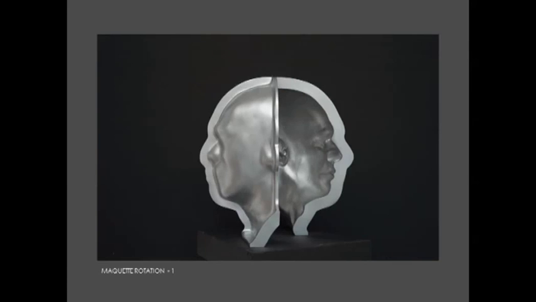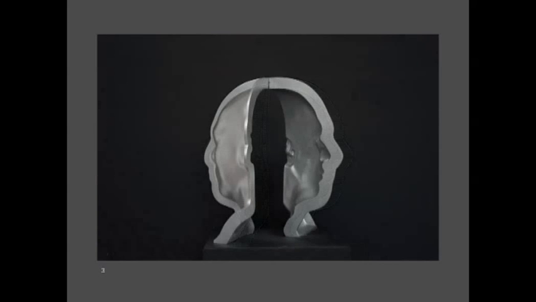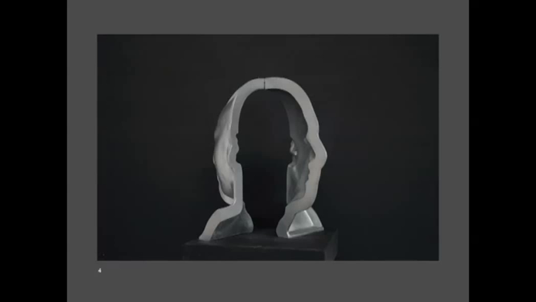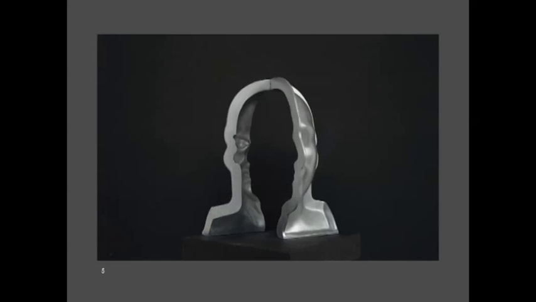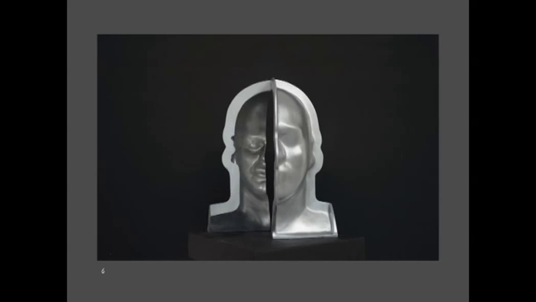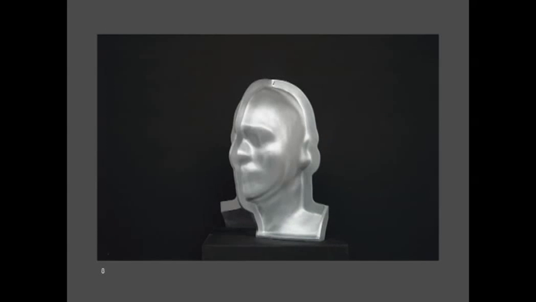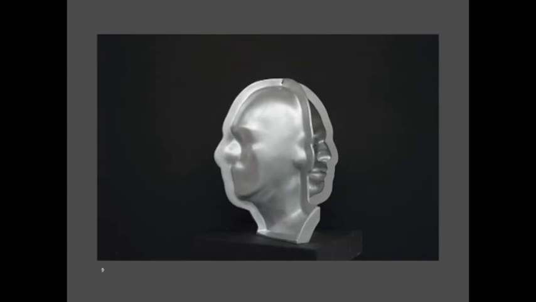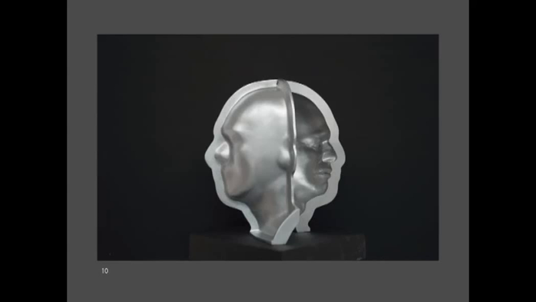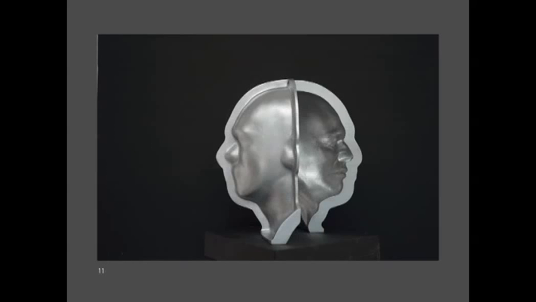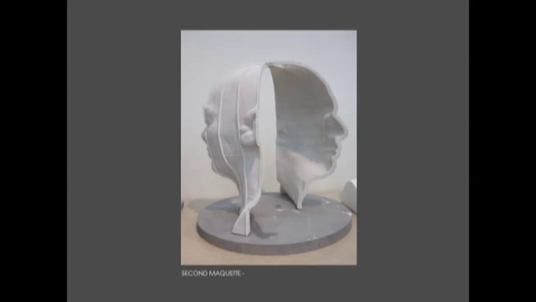So I made this following model as a way of exploring the idea of a walk-through head-like space. So the interior of the form is actually the subject, the head. The exterior, which is more generalized, is the result of the wall thickness. From this, we then made another model to trial the intended constructional process. This is made by three-dimensional printing.